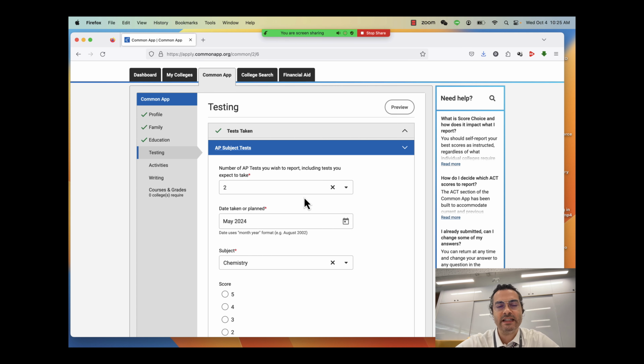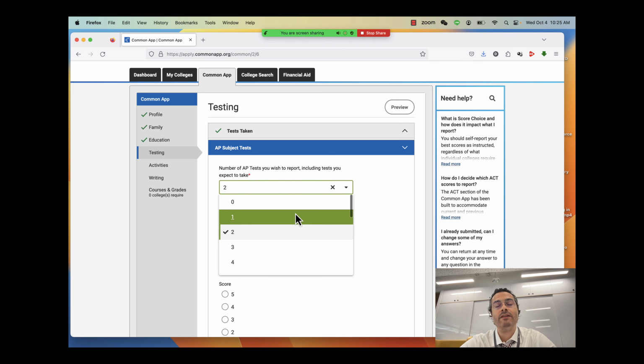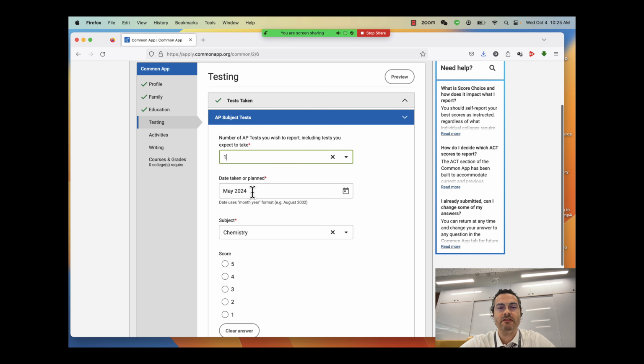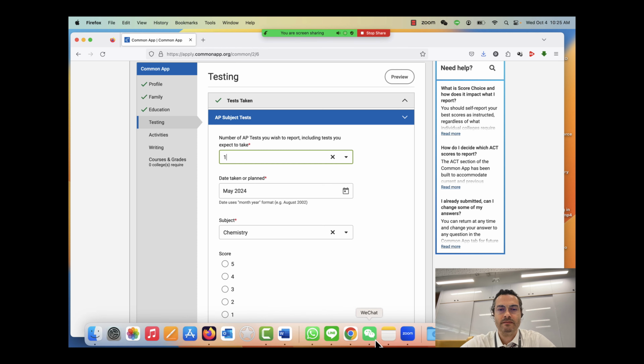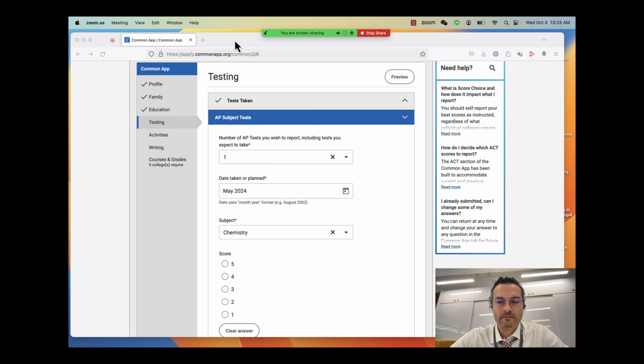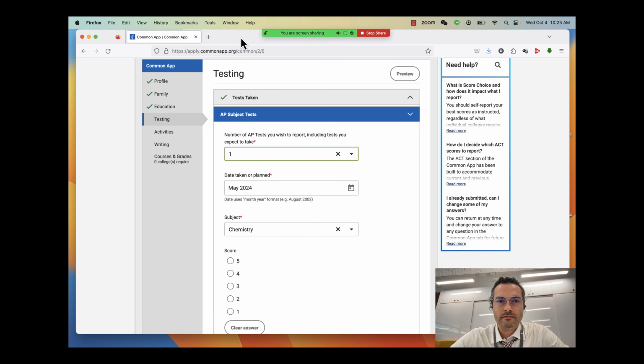And because I said I was going to take AP tests, or have already taken AP tests, I'm going to choose to write one in. My date is May 2024. Yep. Question? The test score will send to every university